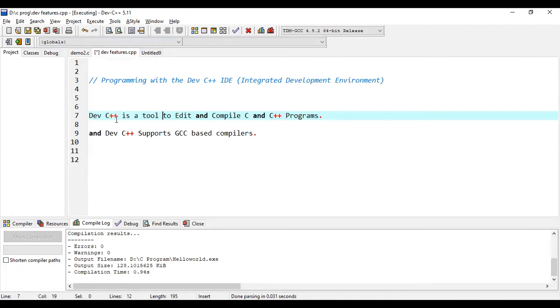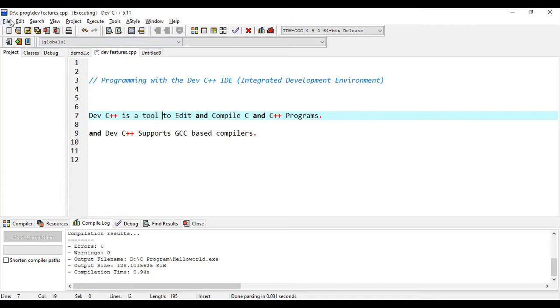This Dev C++ tool can be used to edit and compile C and C++ programs. And this Dev C++ supports GCC based compilers. So now let us write a simple C program using this particular IDE.